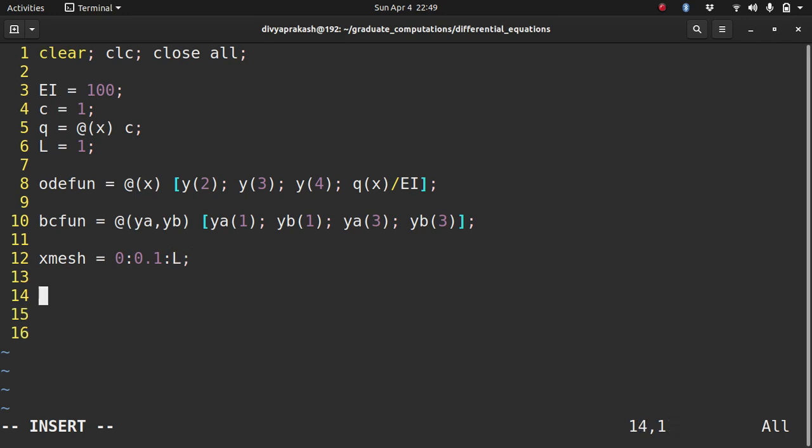Once you have that, you need to initialize these 4 unknowns. So what I do is I type y guess, and let me initialize it with ones for all these 4. So I create a matrix of 4 rows and 10 columns, 4 by 10, right? And why 10 columns? Because there's another way I can